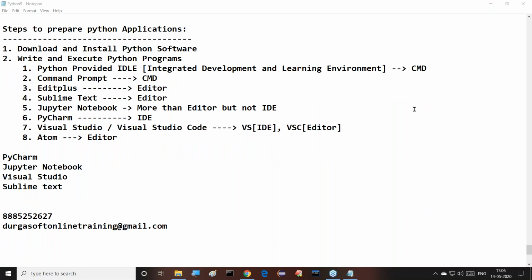Then what we completed in the last session. If we observe this total part, what we understood in the last class, we are discussing steps to prepare a Python application. Already we completed in yesterday's class: download and install Python software, and next, write and execute Python programs. In that, we already showed how to prepare programs with the Python